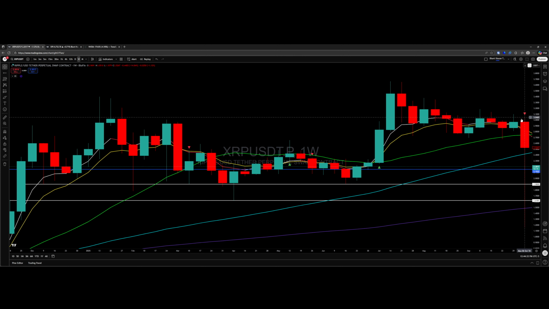I see this massive candle that produced this sell signal, and that's hard to do, right? You have to have a lot of momentum to pull those short-term averages down like that. That's a lot of momentum to do that. Yes, you went down to $1.11 or $1.16, and you snapped back on the weekly.